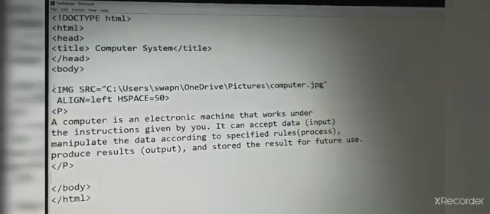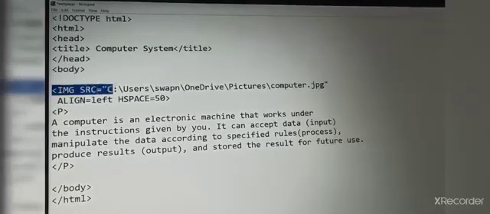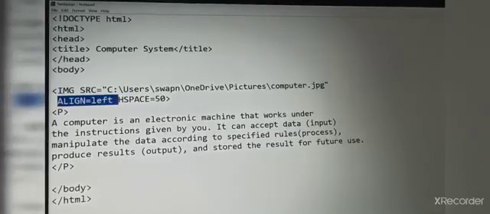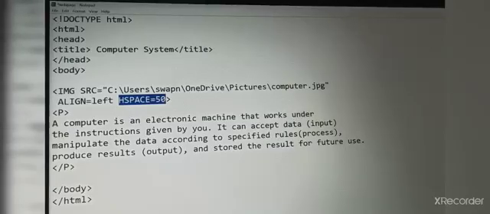Now we are adding space around an image. A web browser displays only a small amount of space between image and text. For that we have given the image path, and then we have given alignment on the left side, so the image will appear on the left side. Then we have used hspace equals 50. What is hspace? That is horizontal space.